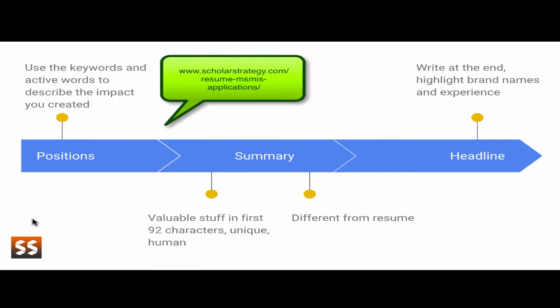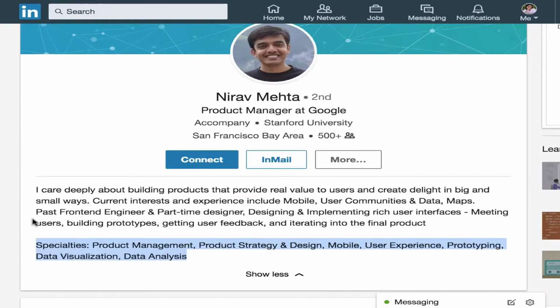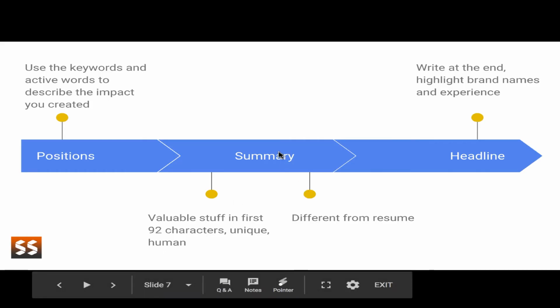Okay, the second step is to create your professional summary. And here again, the professional summary, as we saw in these examples, is a paragraph on what you have done, and then you can literally list down specialties. But of course, instead of just listing all the keywords, you should list specialties that are relevant to your background. I'm not asking you to fake something, but I'm asking you to use the keywords that the industry is actively looking for. Now here I do want to point something out: try not to make it too long,